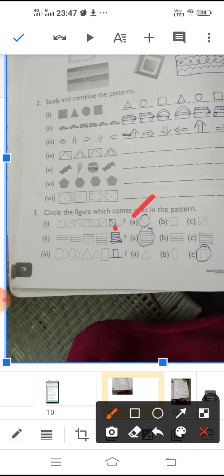Now next, if we are talking about 2 rectangles, one big, one small, then 2 semicircles, one big, one small, then 2 triangles, one big, one small, then again a big rectangle is there, then you have to draw a small one and you have to circle C. Okay,